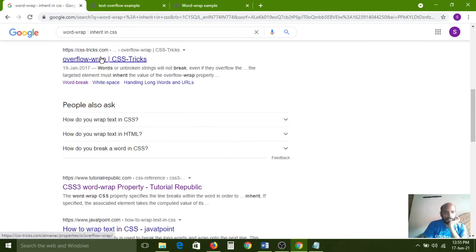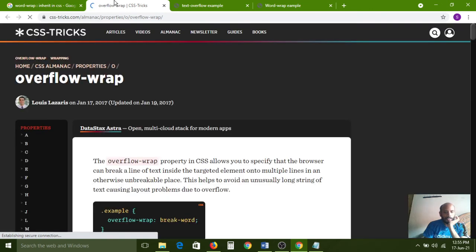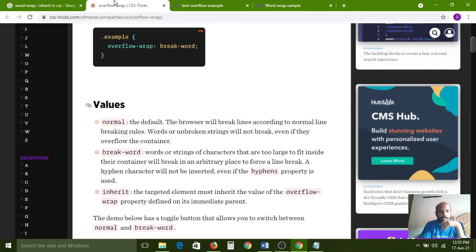Don't get confused. Actually, the syntax is right. So how is it working?